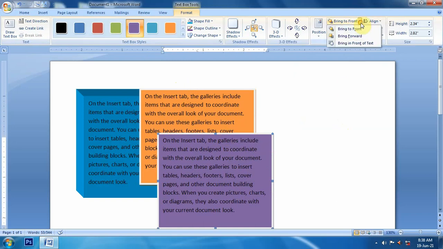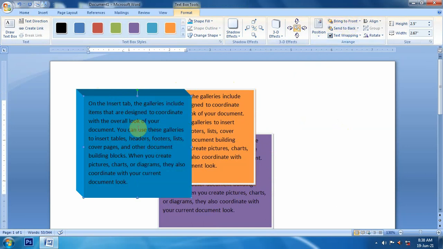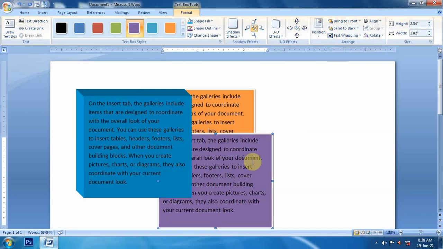In the first case, if I say bring to front, it is already on front, so I will say it on the second one, bring to front, it will come above all text boxes. But if we say bring forward, it will come just one step forward like this, means it will come above the image which is above it.